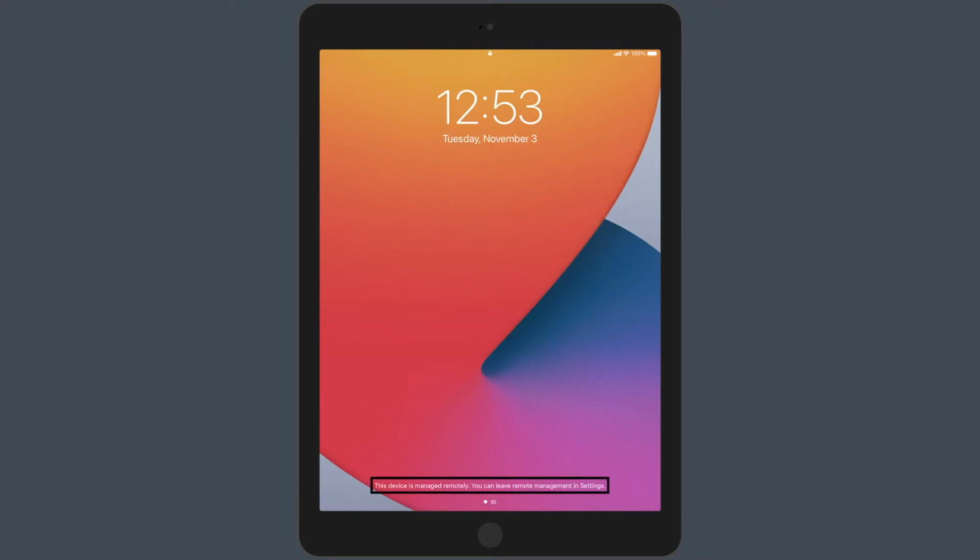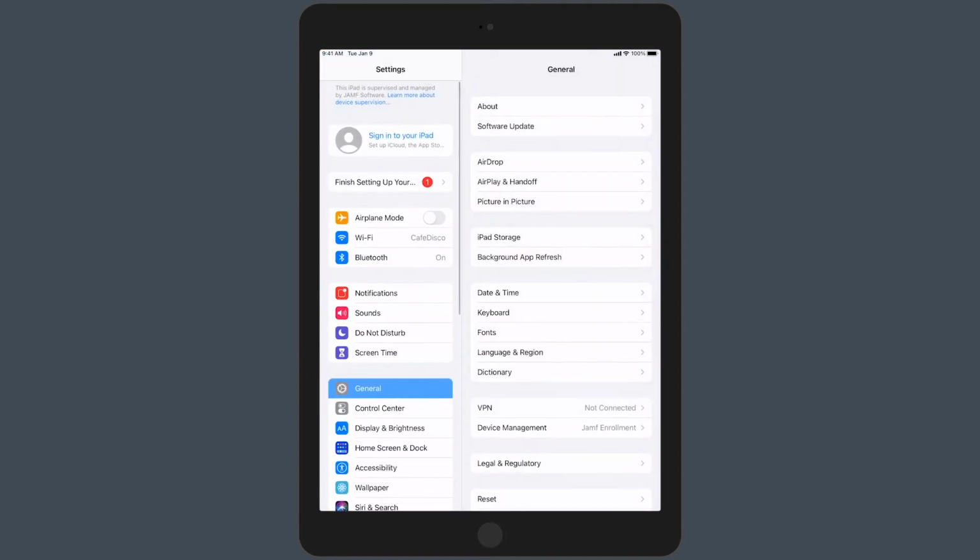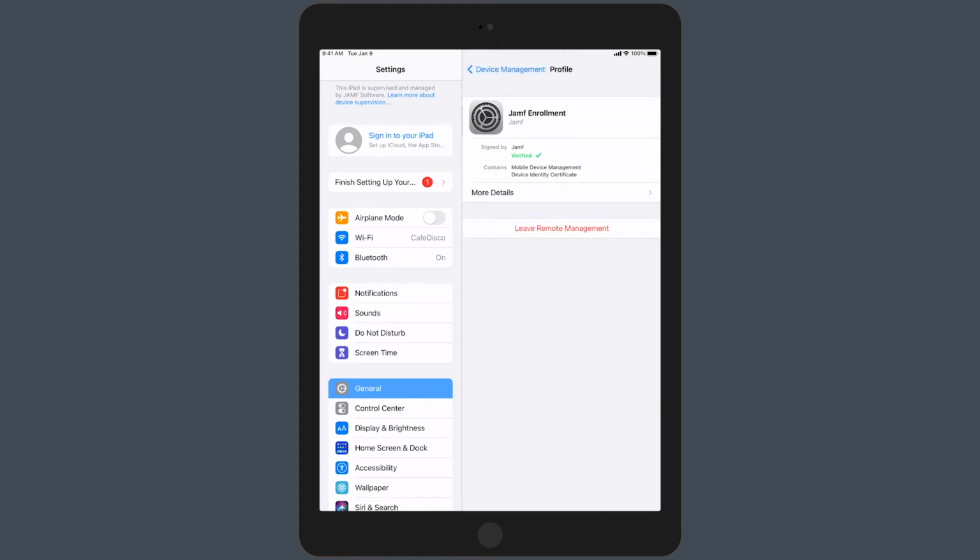To note, devices added to auto-enrollment in this way are given a 30-day provisional enrollment period that begins the next time the device is activated. During this period, the user is able to remove the management profile from the device. When those 30 days have elapsed, the option to remove management from the device will automatically disappear.